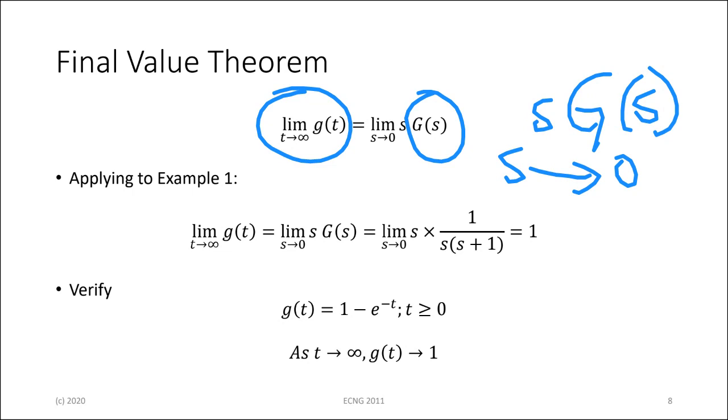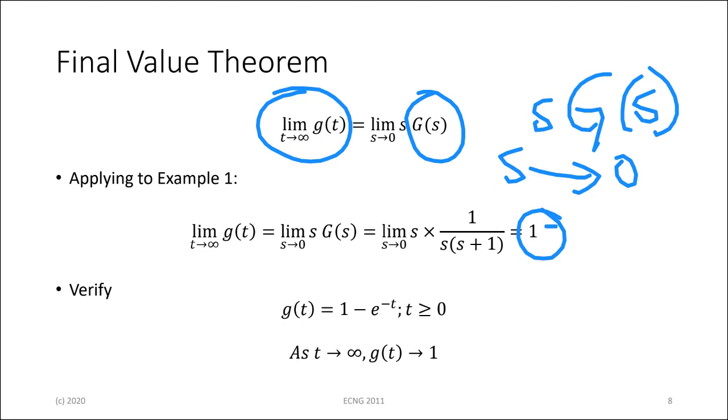So you take the transfer function. In our case, it's 1 over s(s+1). We multiply it by s, and then we set s to 0, and we see that the limit of sG(s) as s goes to 0 is going to adopt a value of 1. The limit of g(t) as t goes to infinity, according to what we say here, is going to be 1. And if you worked it out, you would have seen that the inverse transform of that